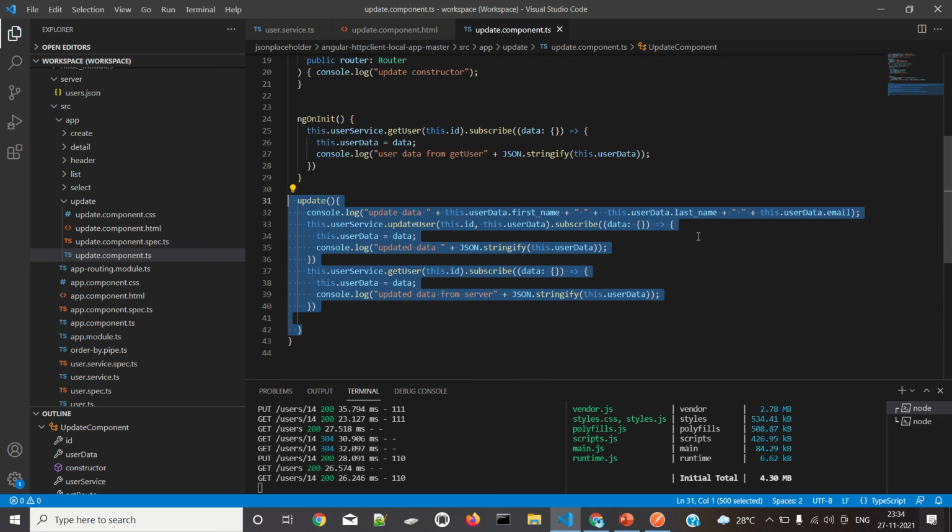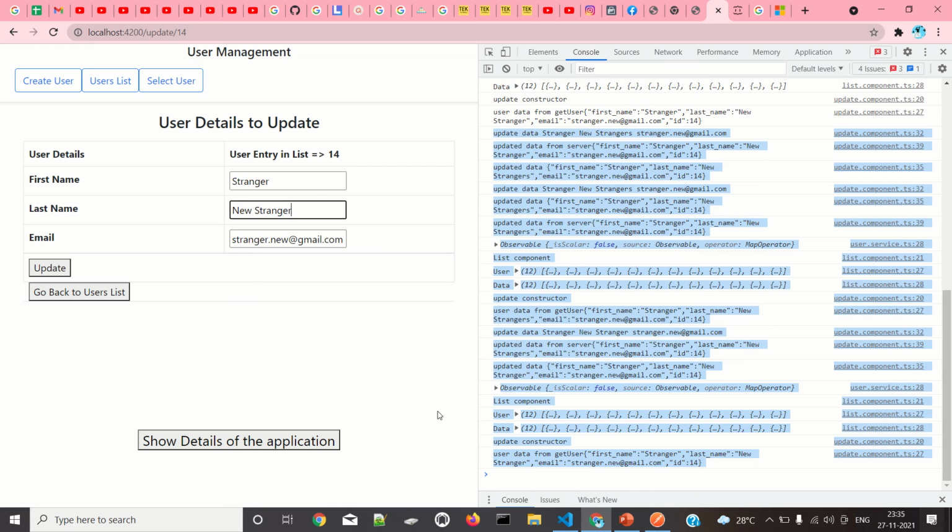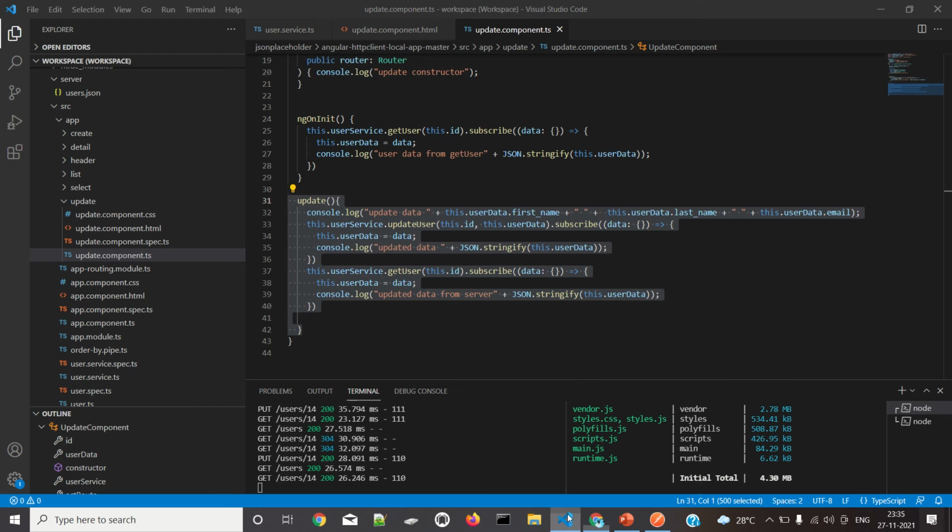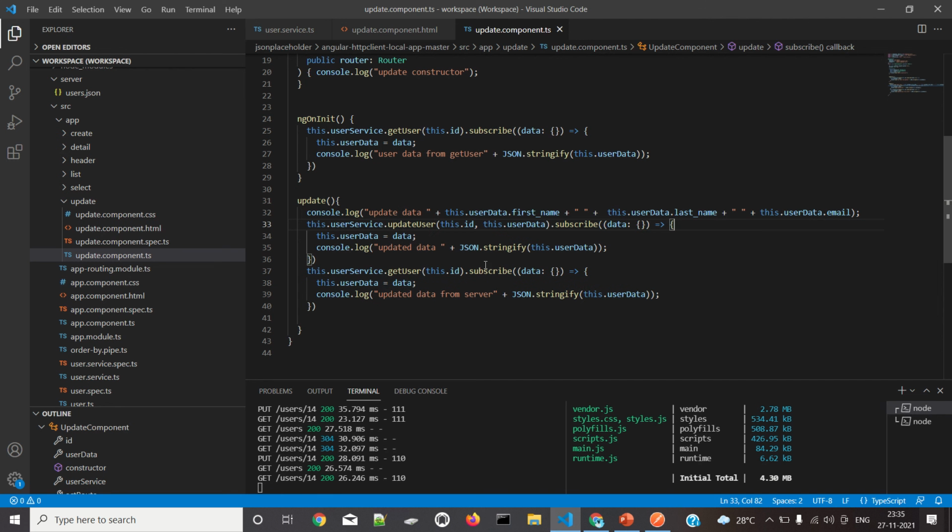So what will this method do? If you see here, I will change something and give update. On this particular ID, it has to overwrite all these items, right? For this purpose, it has two things. One is it has to update the user's data and again get the particular user by ID.